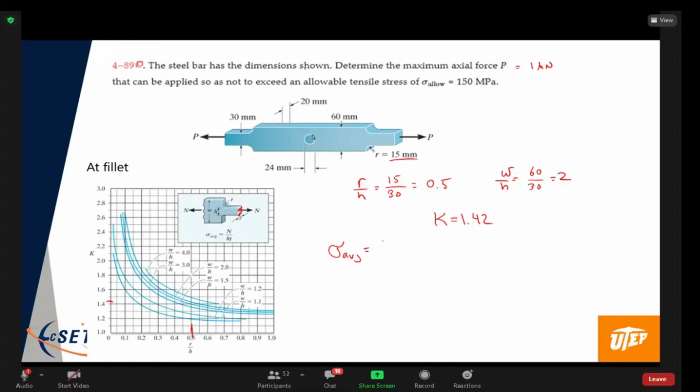That's going to be the 1 kilonewton force over that area, which is the thickness of 20 millimeters times this reduced height of 30 millimeters, or 600 square millimeters. And that's going to give me a stress of